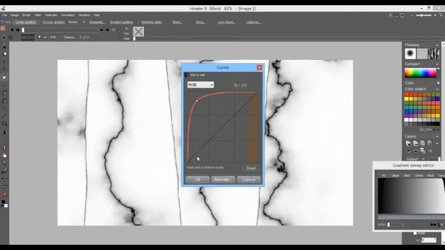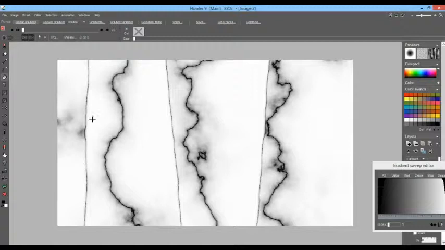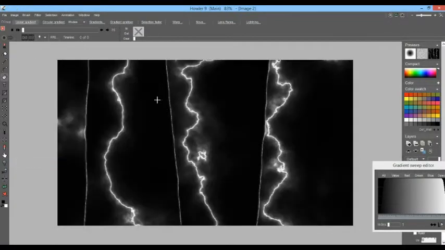Adjust this like so, and so there you have a lightning here, you have another one here. Maybe you need to invert it, of course. There you go, you got a lightning strike here, another one here, and this one maybe we won't use because it's too close to the edge here. But what you can do is simply select that. Right, you can go maybe with the lasso tool, kind of do a selection of about this much,